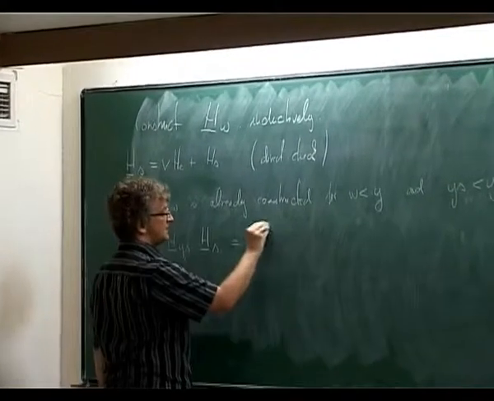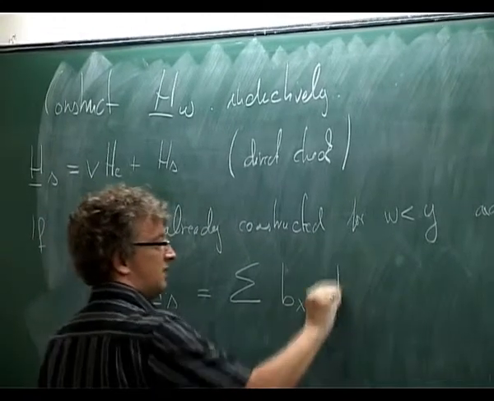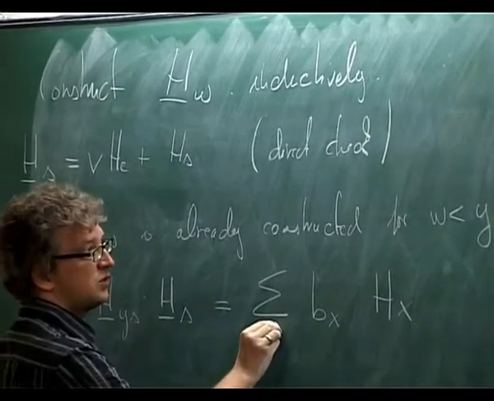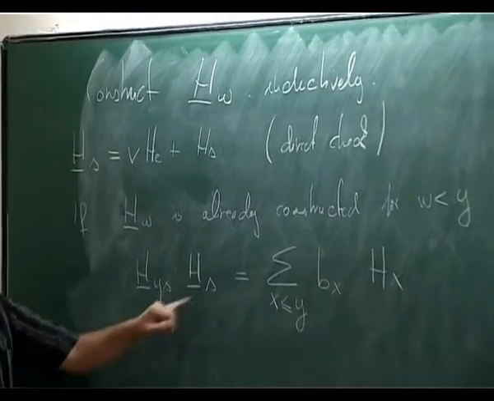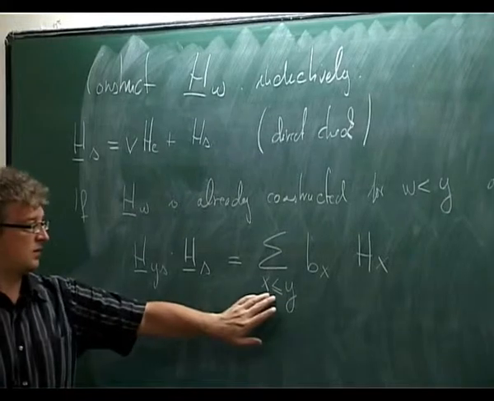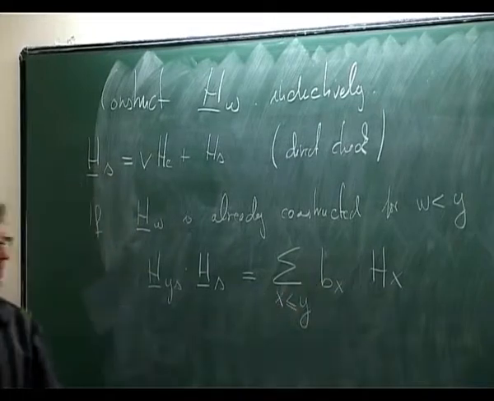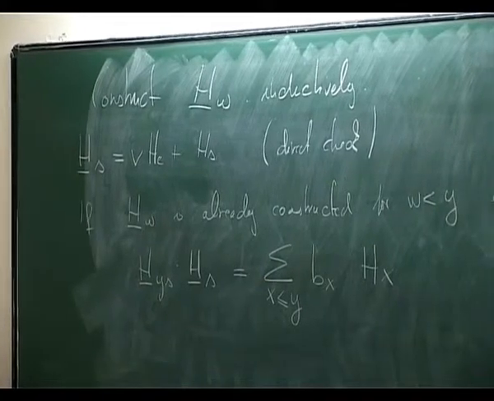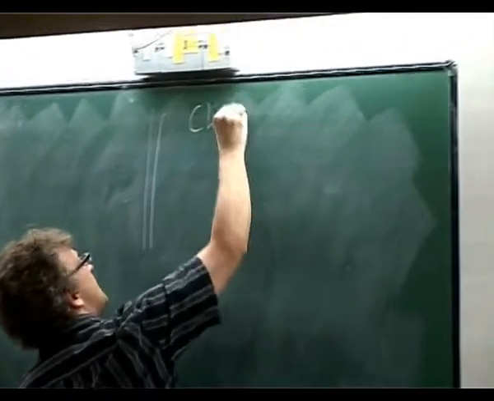And so let us write it in terms of, say, B_x, in terms of this H_x. And the multiplication kind of makes sure that the x's that appear are smaller or equal to y. We'll see that in a moment, why this is the case. So of course it can be written in this form. So maybe I should give you another formula. You can check directly that